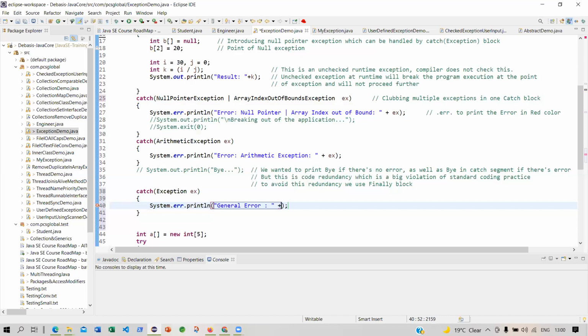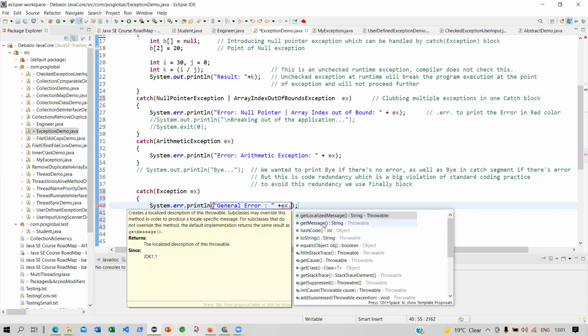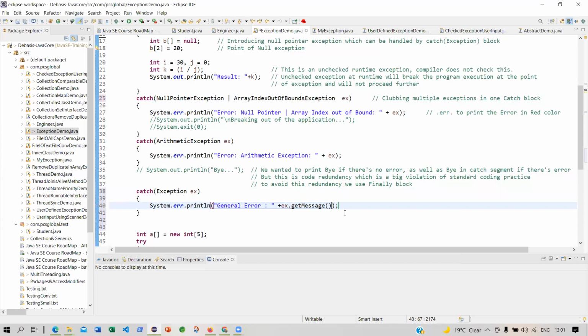EX. EX gives you the error code, that particular error code. And since EX is an object, you can get the message. Maybe you are more interested in that, because the user has nothing to do with the error code.